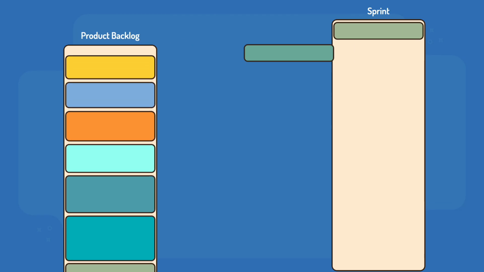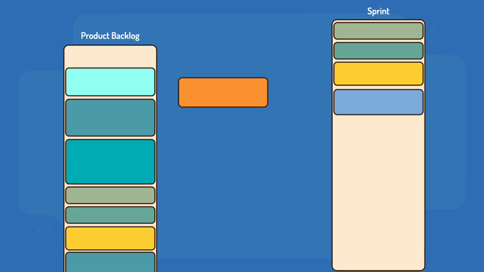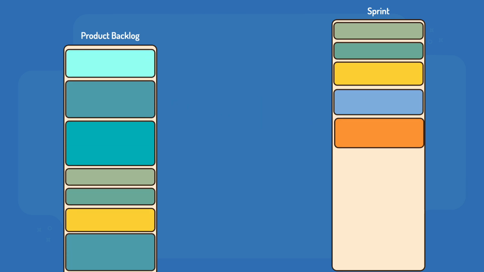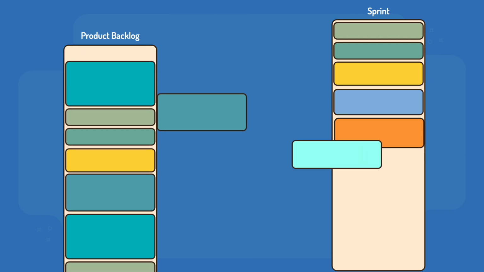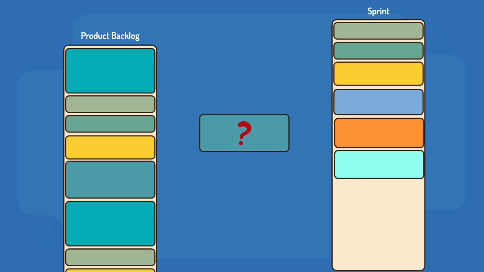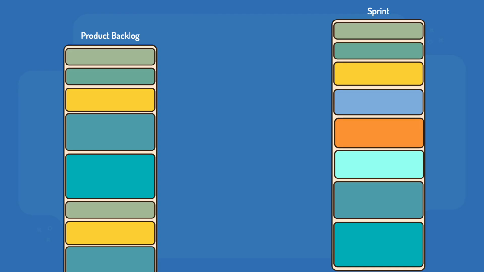Because the product backlog is prioritized, developers work down the product backlog, selecting as many items as they think will fit within the sprint. As they work down the backlog, developers can ask questions of the product owner to clarify their understanding of what each item means. Most high-priority product backlog items should be aligned with achieving the sprint goal, but it's quite often the case that some high-priority items are unrelated to the goal, and that's okay.